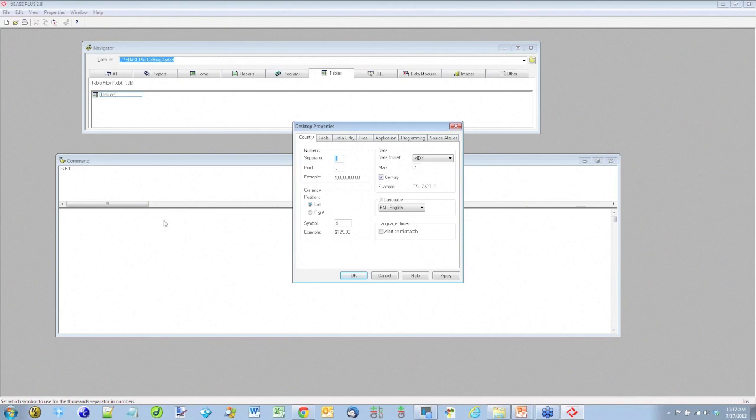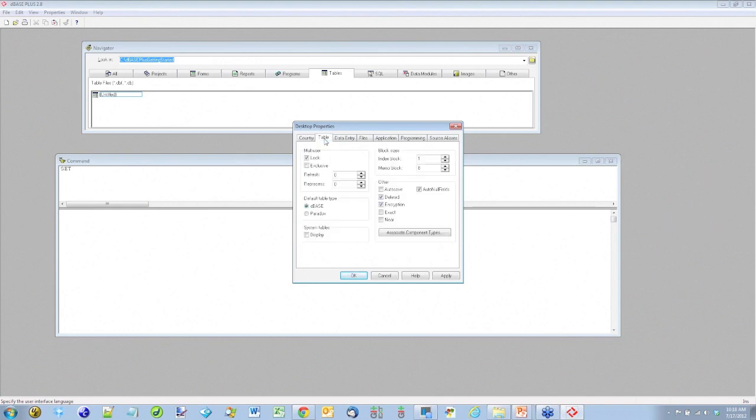It's also those settings that you'll find in your plus.ini file. So I'll go through each tab and just highlight a few interesting things that I find pretty useful. First, under Country, there's numeric settings, currency, date settings, language settings for the IDE. Under Table, you have some basic table settings, data entry, and under Files, I want to show you this neat